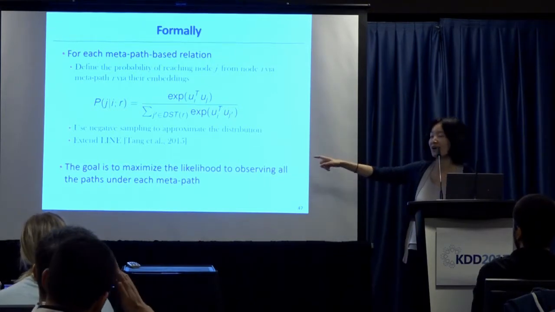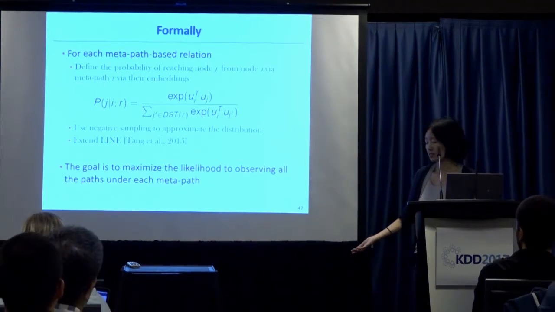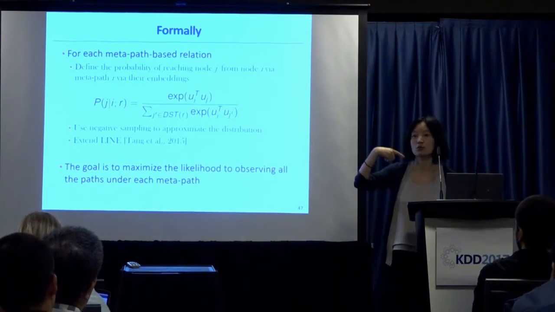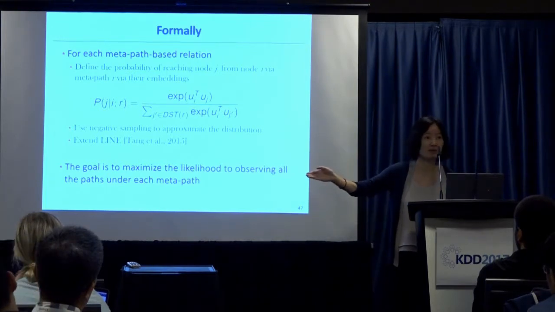So we just write down this kind of probability: what's the probability of starting from keyword 1 and reaching keyword 2